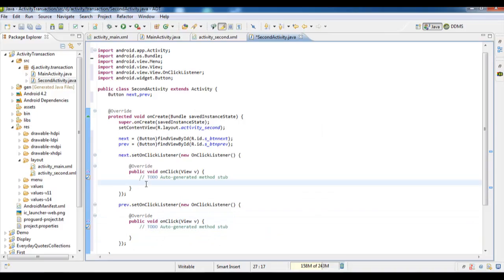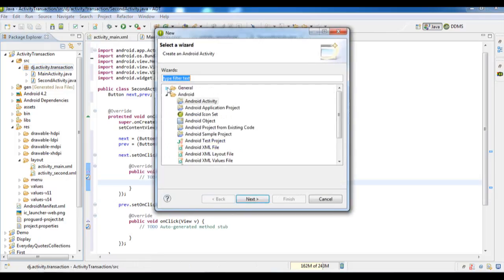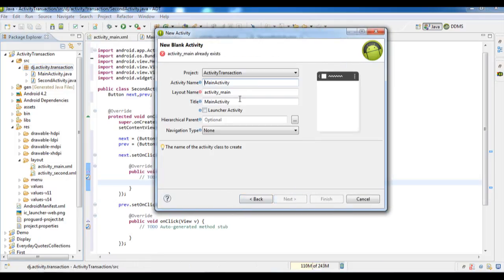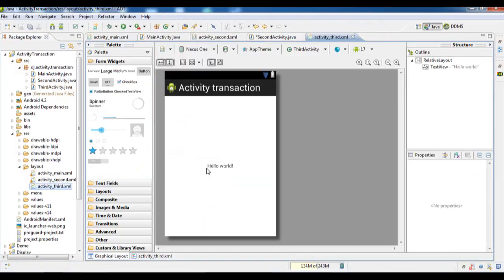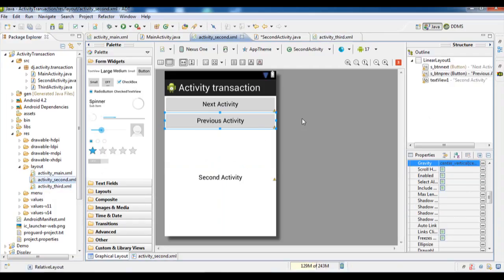Jump to the third activity whenever we click on the next button, so we have to create a new activity. Give the name third activity. I am giving the name Third Activity. Now